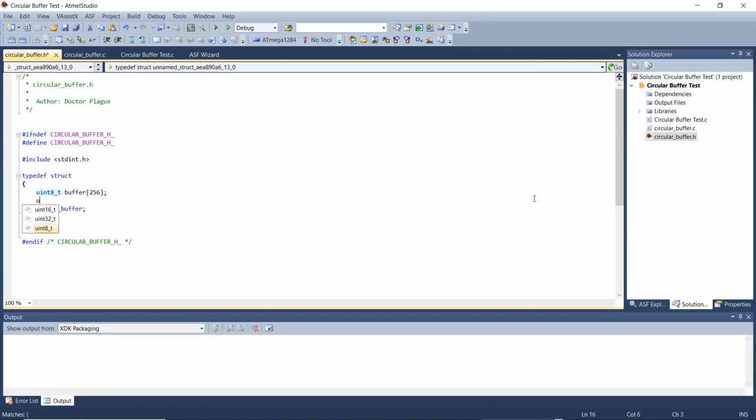Next, I'll create the 2 indexes, one for the write and one for the read. I'll make them 8 bits, so they can only hold values from 0 to 255. That way they can never hold an index value that is outside of the range of the array length. By making them only 8 bits, we don't need to make any adjustments when incrementing beyond the value of 255.